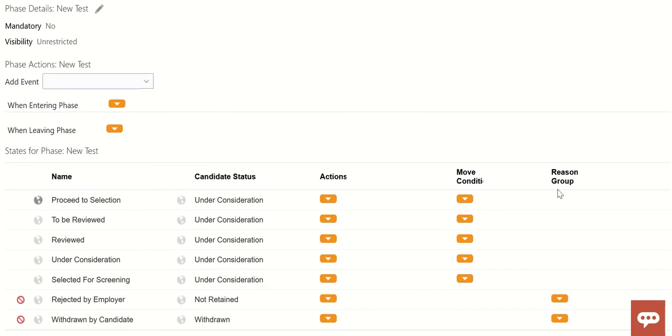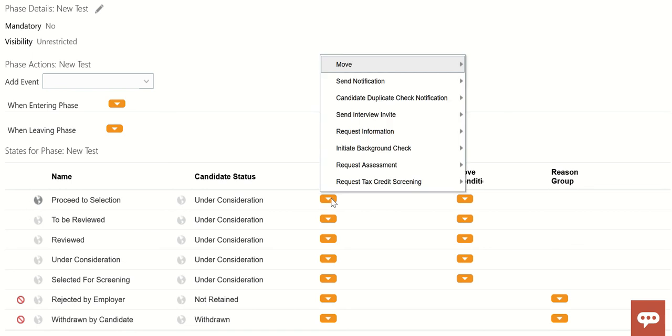Under the states, we can define various actions and move conditions. Under the action, you can see send notification. If a candidate reaches this particular phase and state, they should receive a notification.